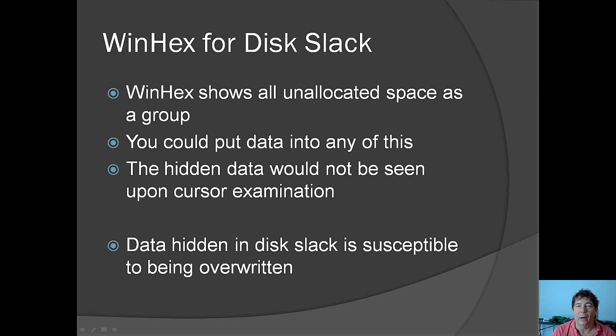The tool we're going to use for our exploration of disk slack is going to be WinHex. WinHex automatically shows you all unallocated space in a section or a group. So this is really convenient. You could actually hide all of your data into this unused or unallocated space, and you'd have to use a tool such as WinHex or some other disk editor, or maybe FTK or something like that to find it. The only problem with this is the data hidden in disk slack is susceptible to being overwritten. For instance, I could hide a bunch of information, and then someone might actually override all that by saving files